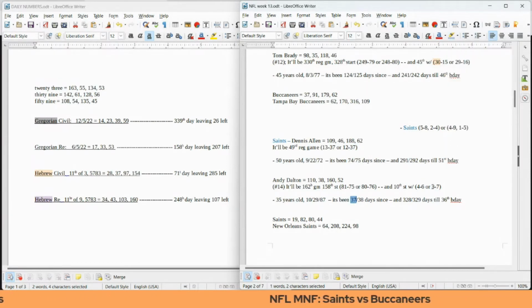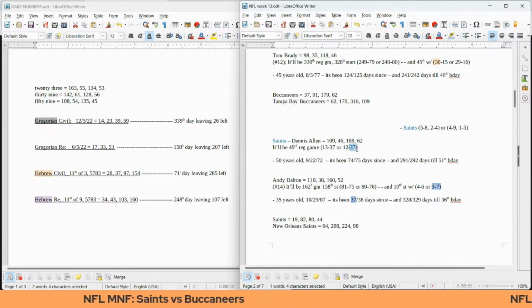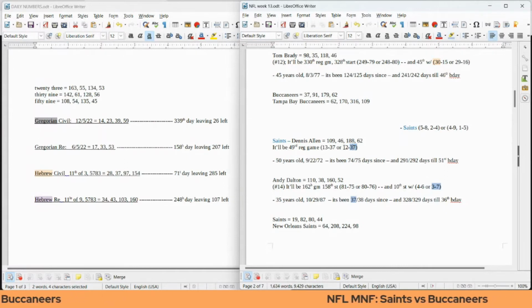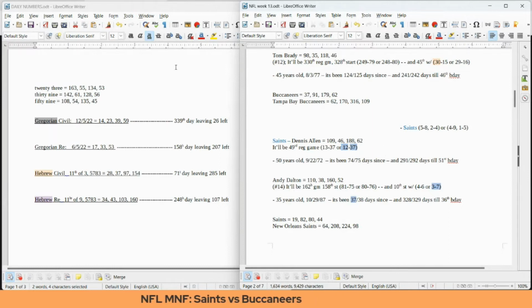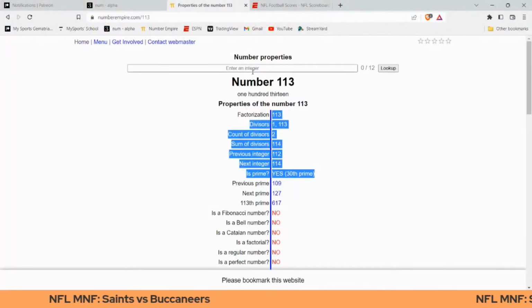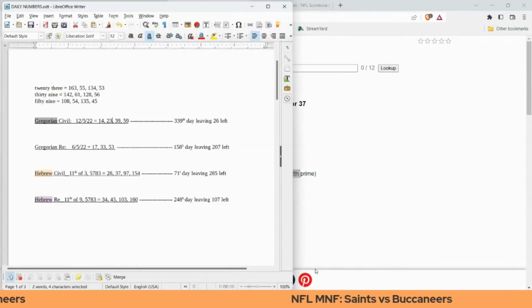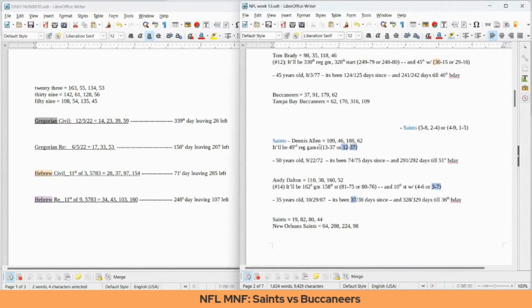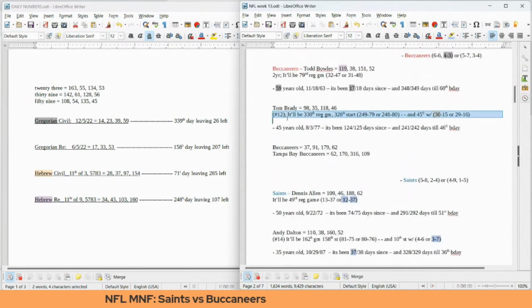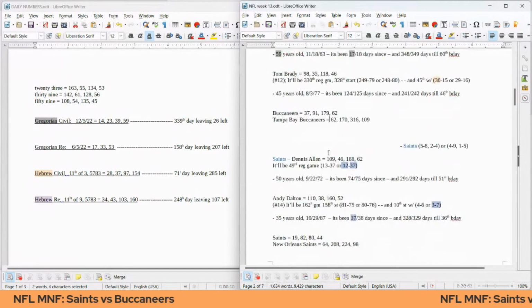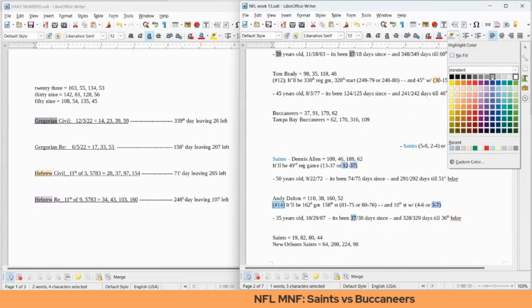And you can actually even mark the 12. Saints coach can become 12-37. Mathematically speaking, 37 is the 12th prime number. They'll be facing number 12, Tom Brady. Oh, and Andy Dalton wears the number 14, so let's mark that in gray.